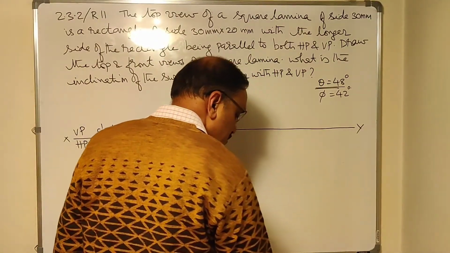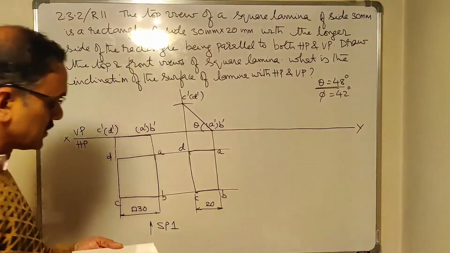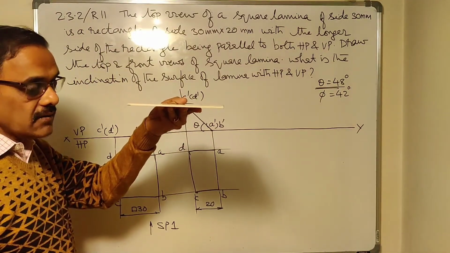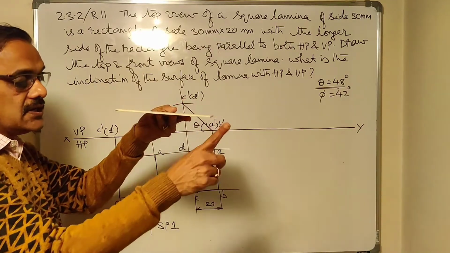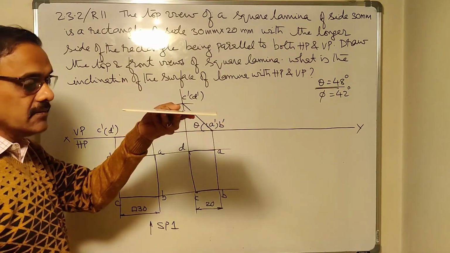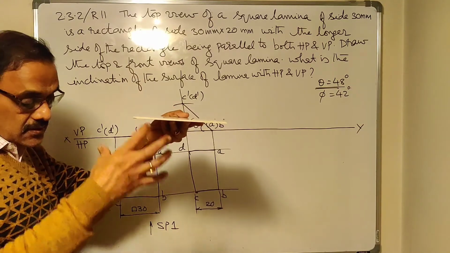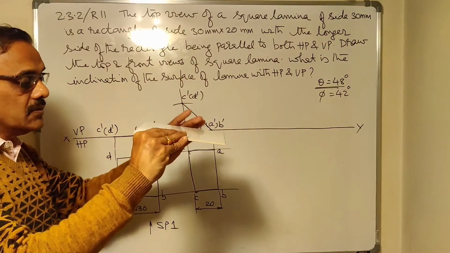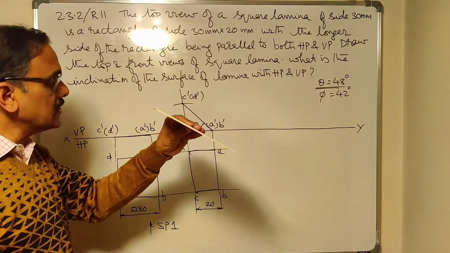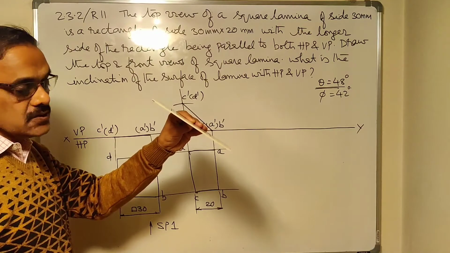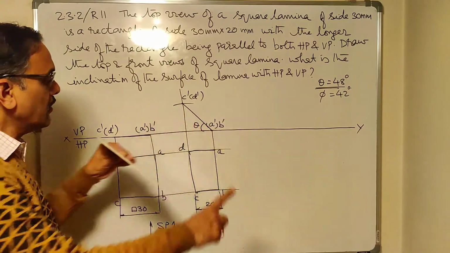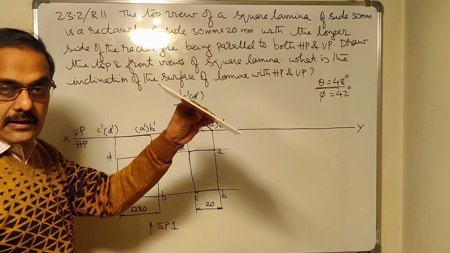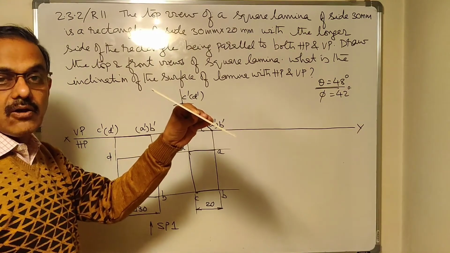Now let me show you how to proceed with all the three steps. This is how you started. You started with a square. You made sure that the right side edge is taken perpendicular to VP. This is the first step. The top view is a square, the front view is a line. Second step, what did I do? I rotated this by 48 degrees. Okay, so the front view is still a line, what I have drawn here. The top view, when projected, I got it as a rectangle. Done. So till here we have done.